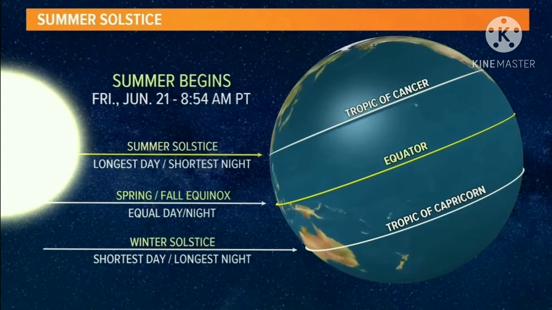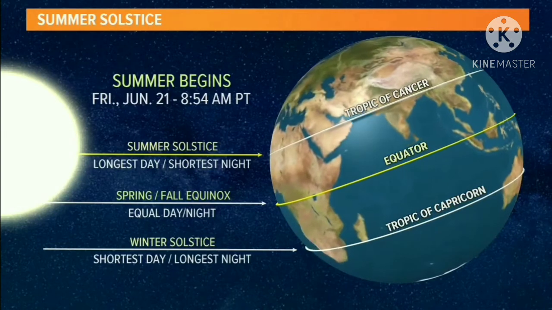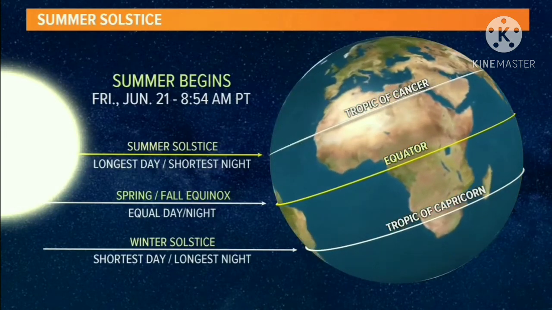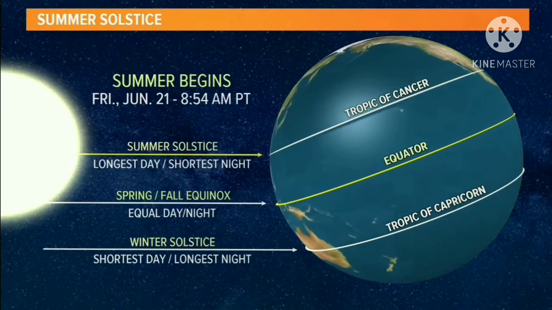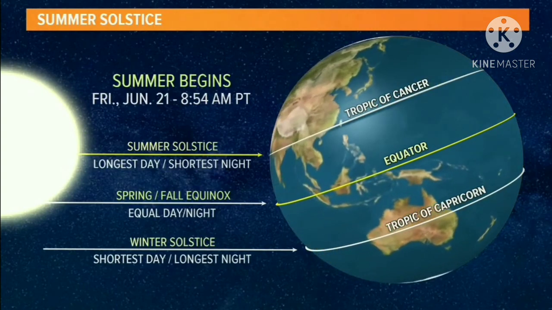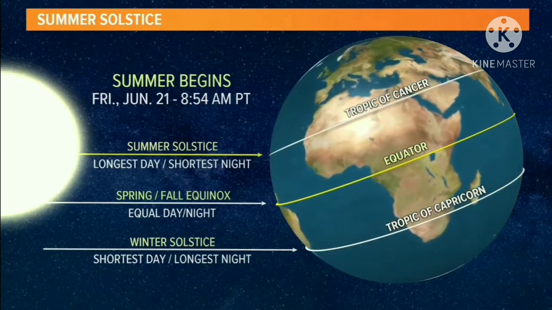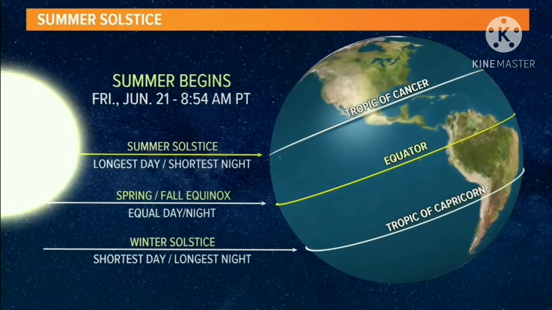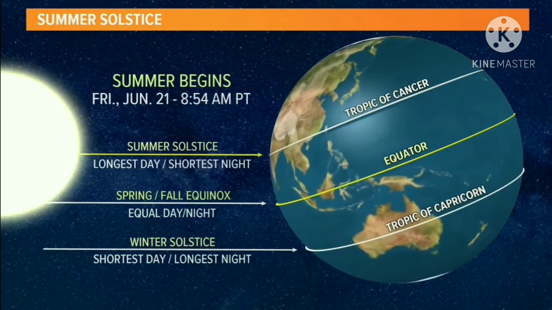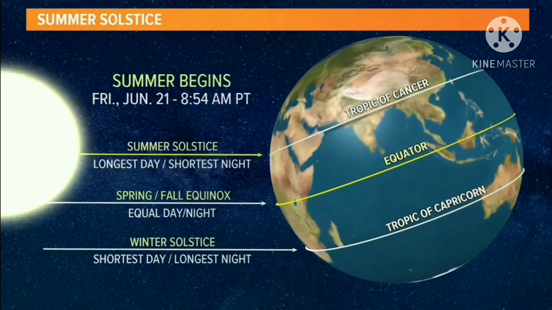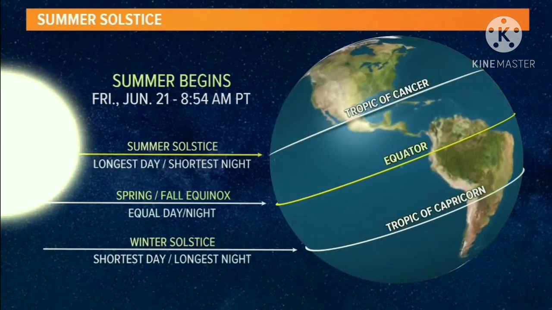You will see that on 21st June the northern hemisphere is tilted towards the sun. The rays of the sun fall directly on the Tropic of Cancer. As a result, these areas receive more heat. The areas near the poles receive less heat as the rays of the sun are slanting. The North Pole is inclined towards the sun. The places beyond the Arctic Circle experience continuous daylight for about 6 months.